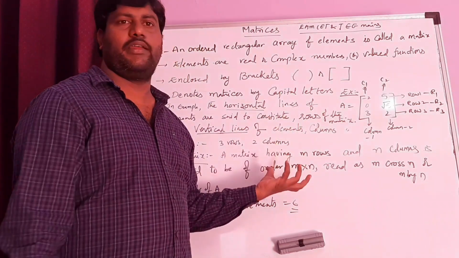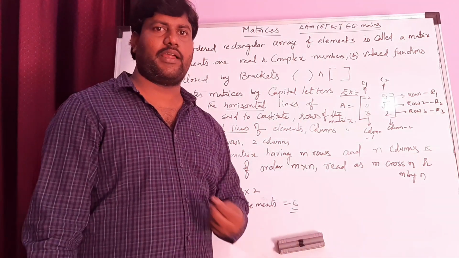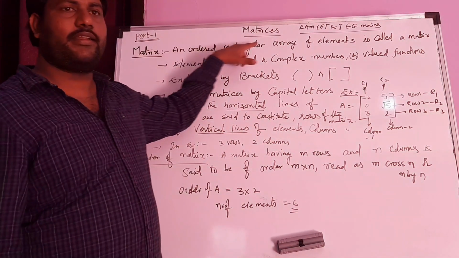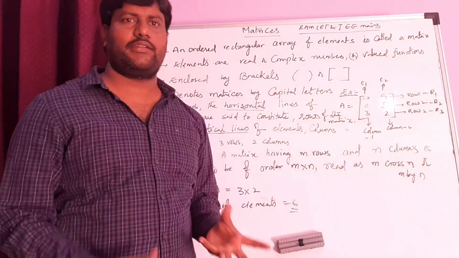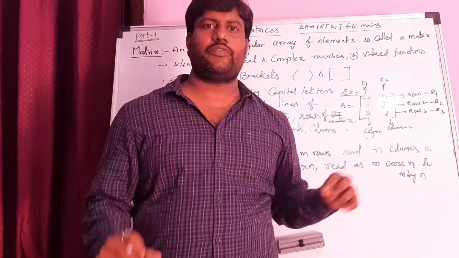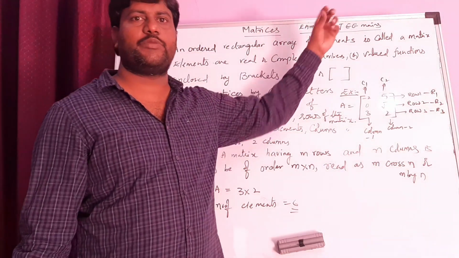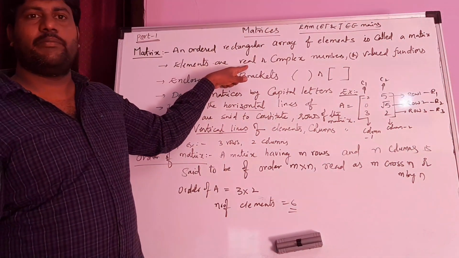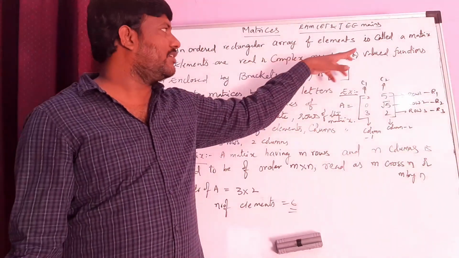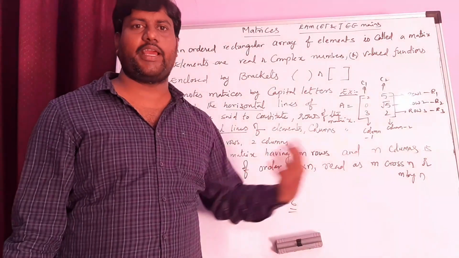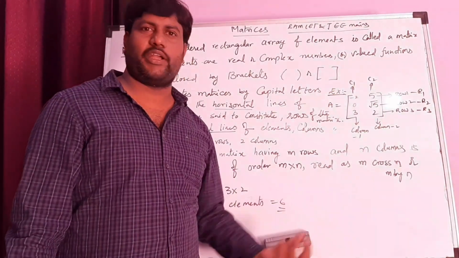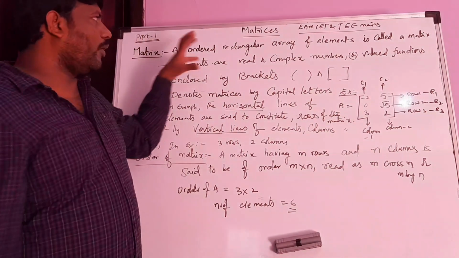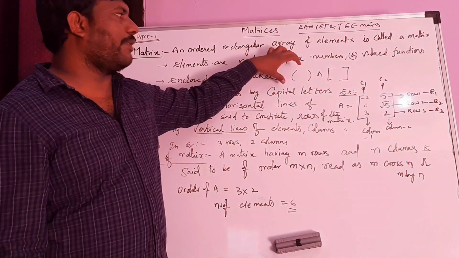You all know in board what is meant by matrices, but we go for a quick revision on this, right? So we define a matrix as an ordered rectangular array of elements. Matrix is nothing but an arrangement of elements. The rectangular arrangement of elements is nothing but a matrix, where these elements may be real or complex numbers, or sometimes real valued functions also. That means trigonometric functions or logarithmic functions can also be expressed in the place of elements, right? Always these matrices are enclosed in brackets like this.